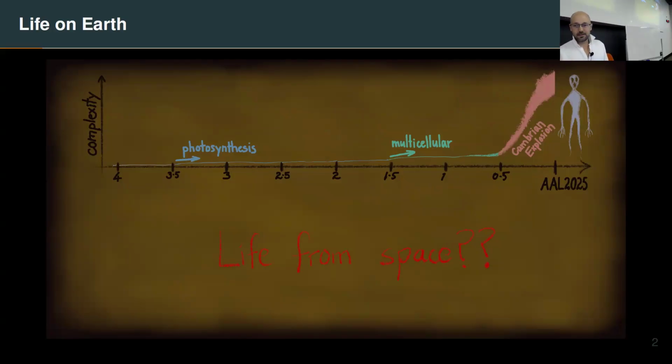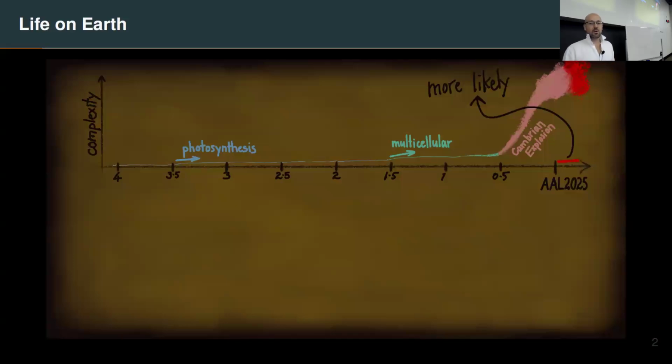I mean, now, in all likelihood, it's probably not going to be these kinds of things that we see in the movies, but acknowledging that some people believe they've seen such things, I don't know. What's more likely is it'll be some sort of bacteria-like thing. I mean, already we know that these ones on Earth can survive in outer space. So it's more likely the kind of thing will be floating around.